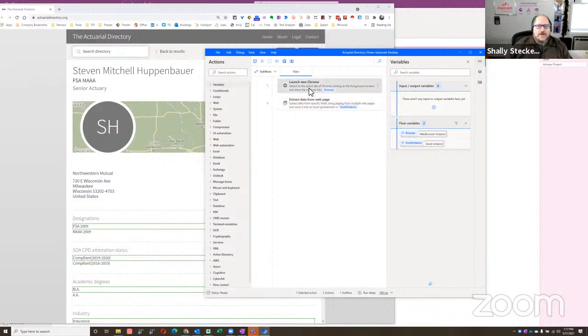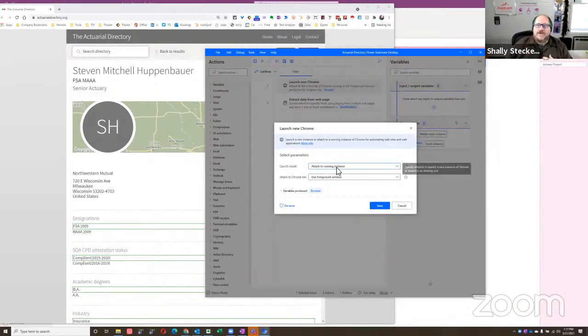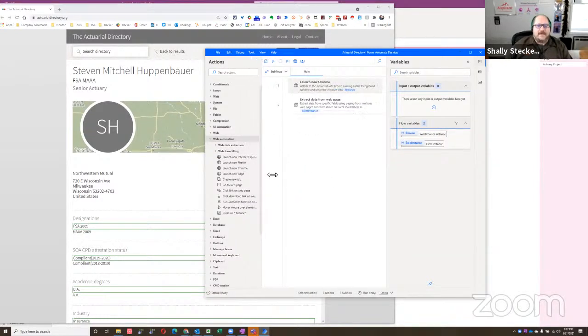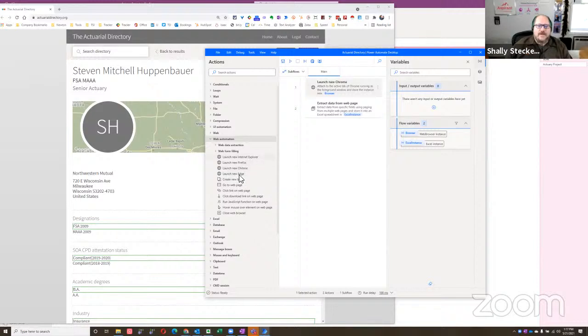Number 1, starting a new window. So I'm using attached to a running instance, which means the Chrome window that I have now. And I chose Chrome from the actions on the left-hand side. You choose the browser. You have to tell it which browser. It doesn't know until you tell it. It's got all 4 major browsers here. So I choose Chrome and I say attach to running instance. And